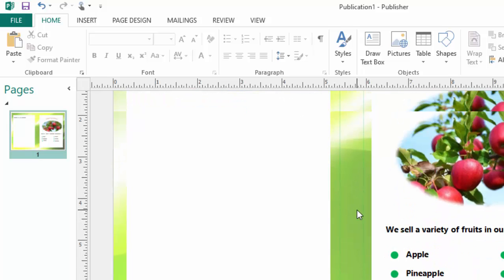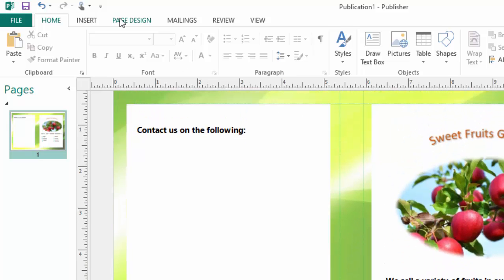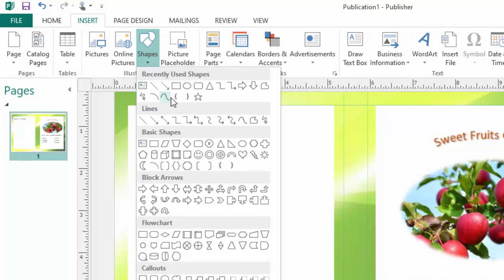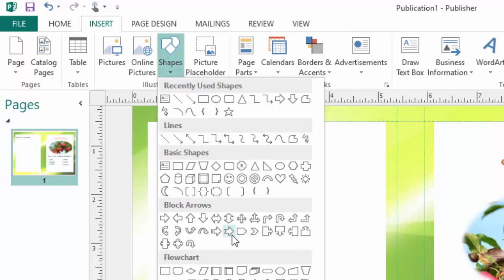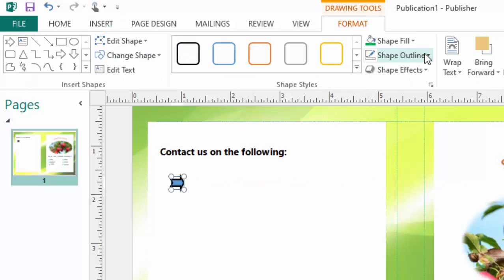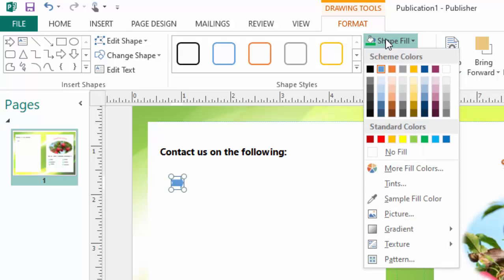I will go ahead and get the shape here. Can get a nice one like this. Then remove fill, then I can give it a green color,